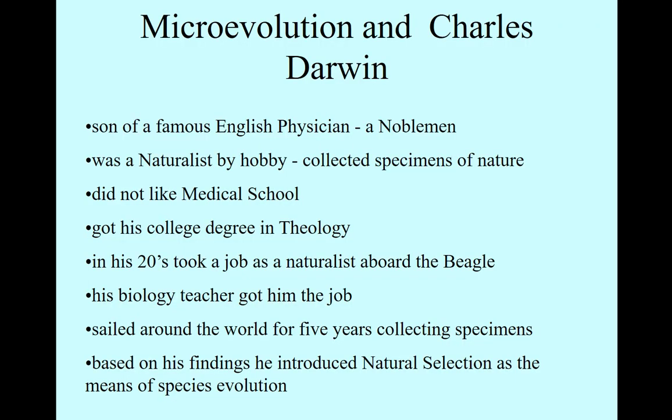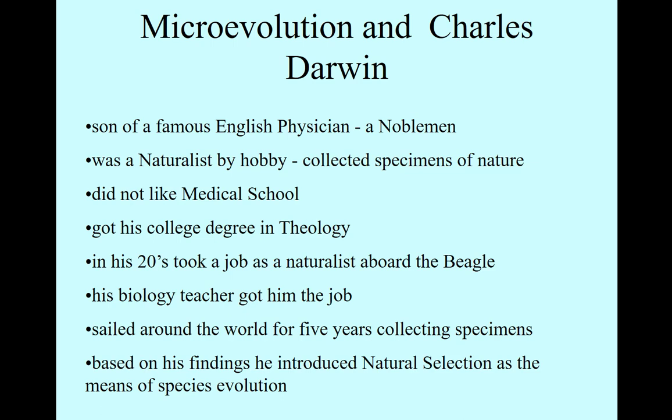So evolution is broken into two main categories: microevolution and macroevolution. Macro speaks about pretty much the beginning of time, where life came from, the real tough questions. We're not going to talk about that right here. We're going to talk about microevolution, which is the small incremental changes that happen, the stuff better known as natural selection, which was introduced by Charles Darwin and Alfred Wallace.